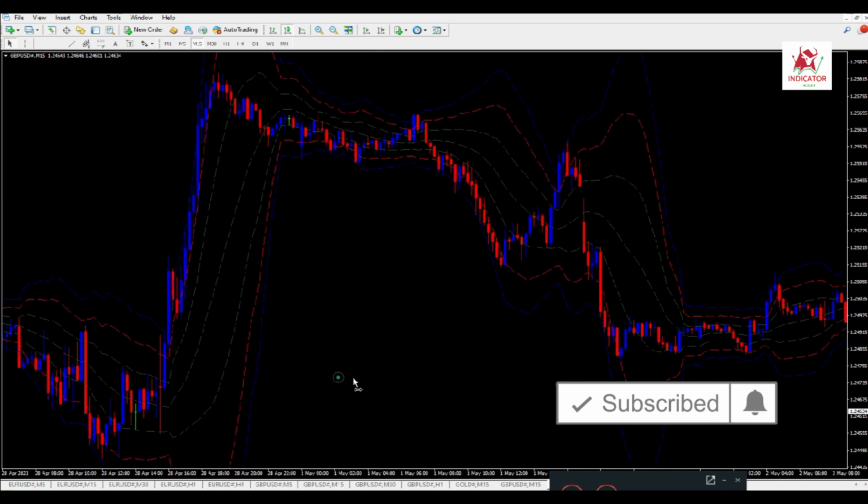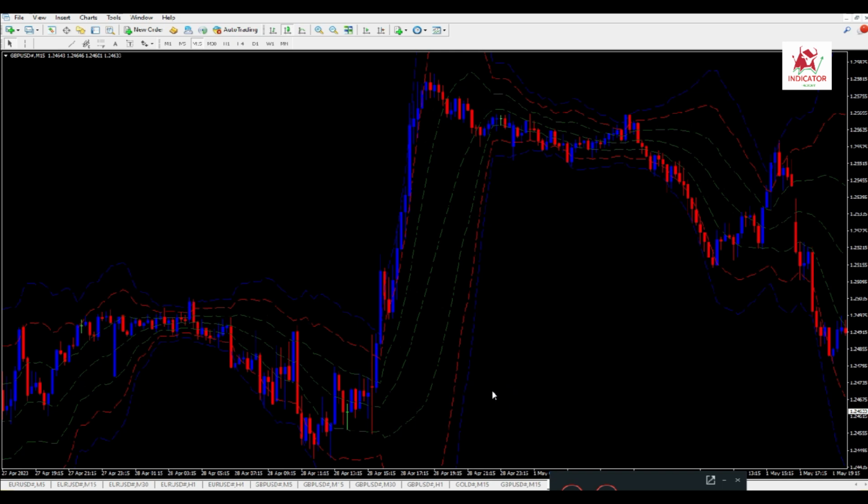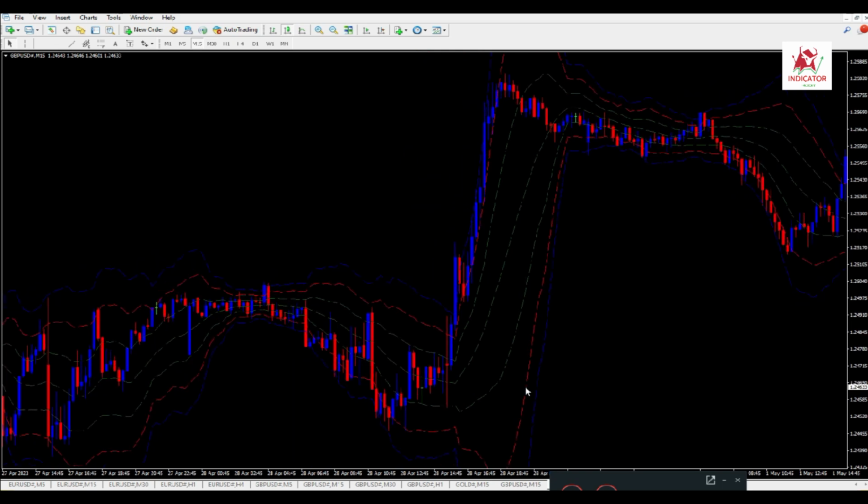Conclusion: the RSX indicator provides traders with ideal trade entry points. This means that you can identify ideal places to enter and exit trades. The indicator comes with a moving average